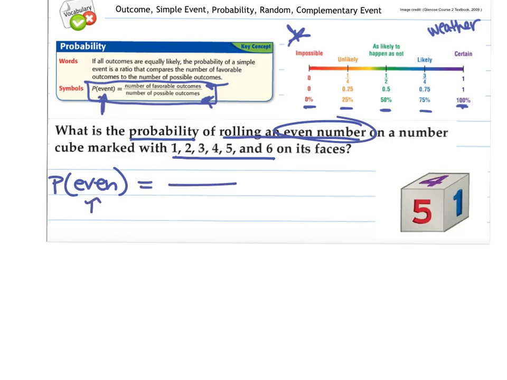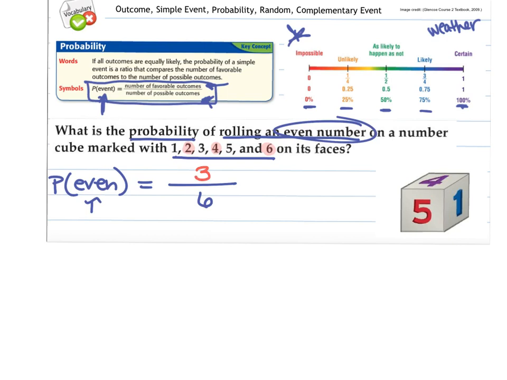And we think about how many total possible outcomes there are. It's a 6-sided dice. There are 6 different numbers, 1 through 6. How many of those digits are even? Well, let's think about that. So we're looking for evens because that's what we want to happen. That's the favorable outcome. So 2, 4, and 6. Those are all even. So that means there are 3 favorable outcomes.